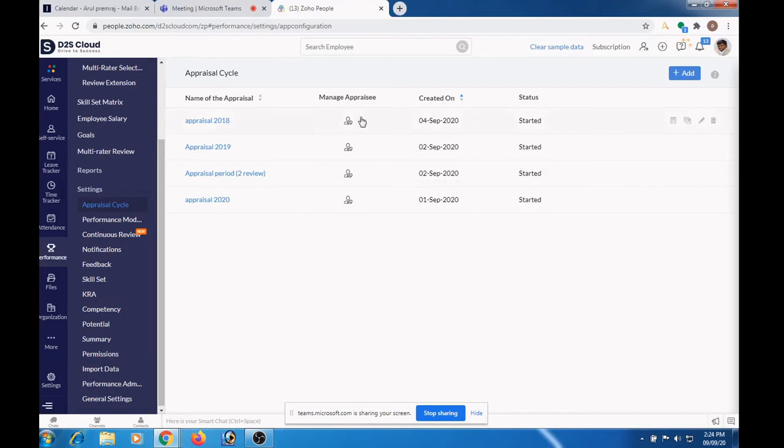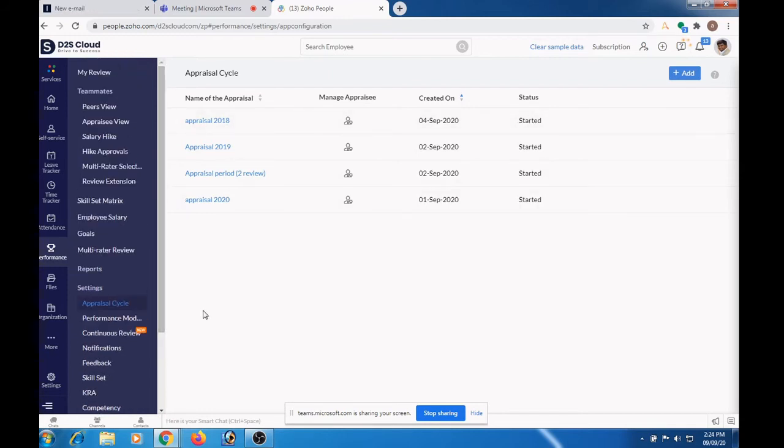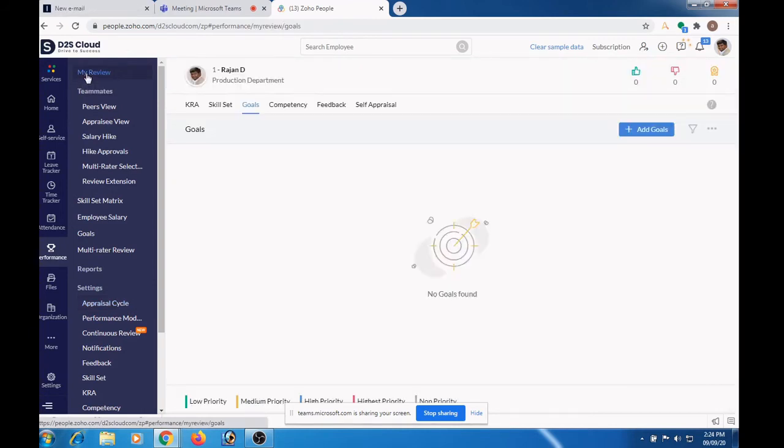So once this appraisal cycle is started, the employee can give a self appraisal and the multi-raters can start giving the rating for this employee. So to give a self appraisal, the employee will go to My Review, and there will be an option like self appraisal here.